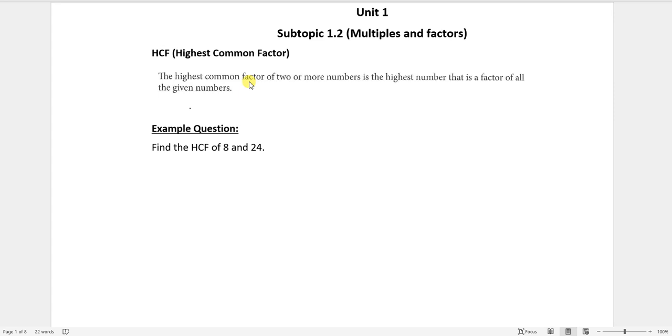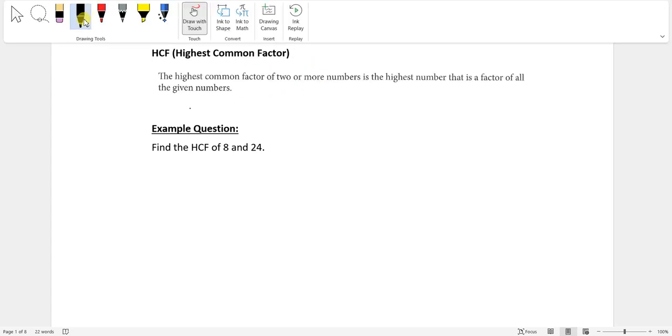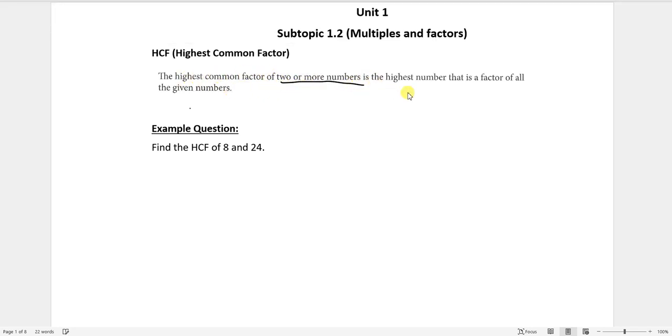HCF, the highest common factor of two or more numbers, is the highest number that is a factor of all the given numbers. To put it in simple words, the highest common factor of two or more numbers is the highest number that is a factor of all the given numbers. So, example,